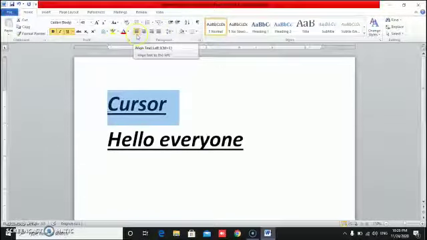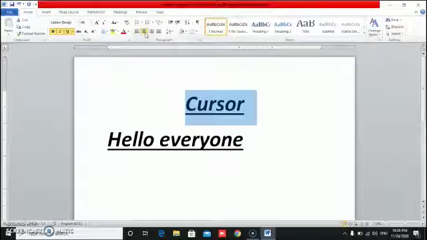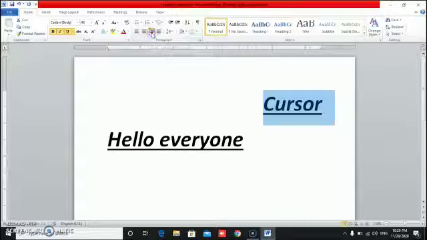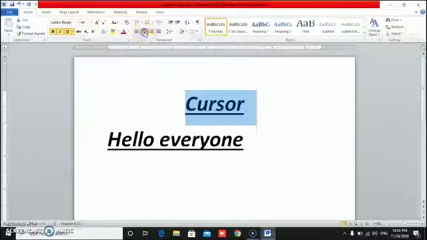Now it is in the left, left side of your notebook, from where you write question answer. Always we write from the left, so it is in the left side. Now I want to make it in the center. See, now it comes in the center. Now place it on the right hand side, then it goes in the right hand of the page. I want to make this word at the center of the page.